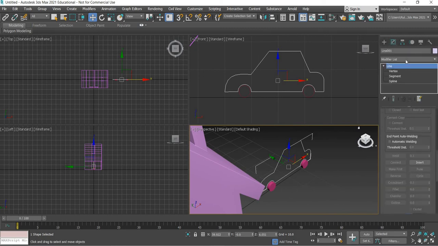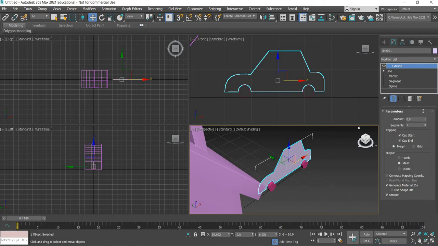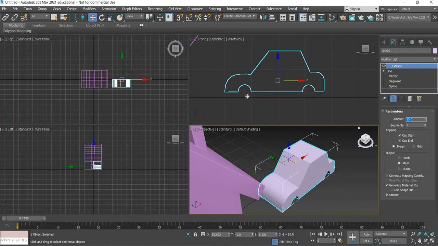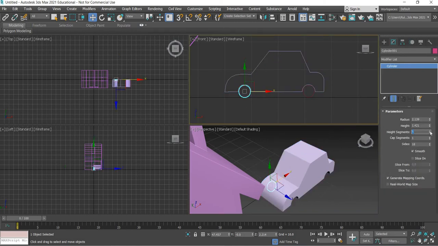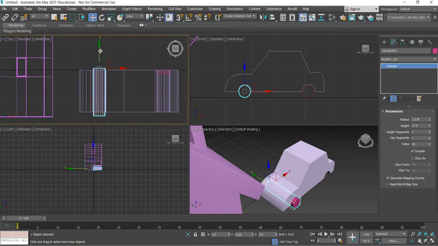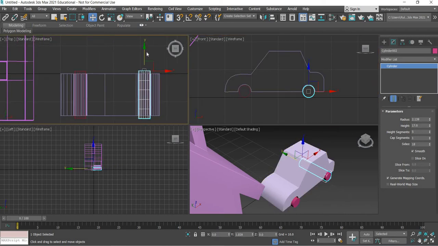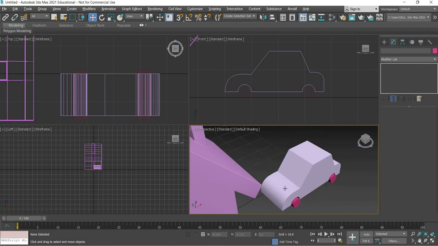Okay, so we will add an extrude. And then we'll extrude the car, so 15 looks good. So this will also be, we don't want any height segments, but the height is, this is 15, so we'll use 17, so the wheels come out. Okay, and not much is going to be visible, so it doesn't have to be